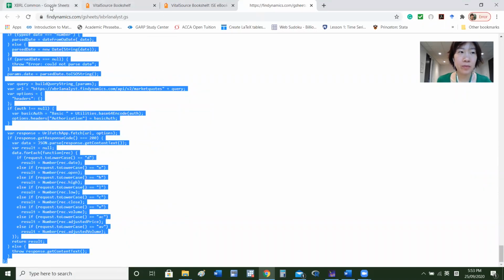You can either use double click to copy, or click once on the right side of your mouse, or you use Control-C if you're using a Windows computer. So I just press Control-C,